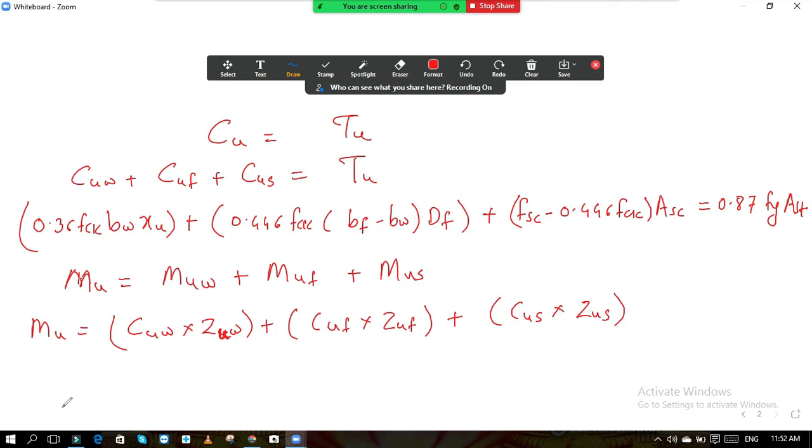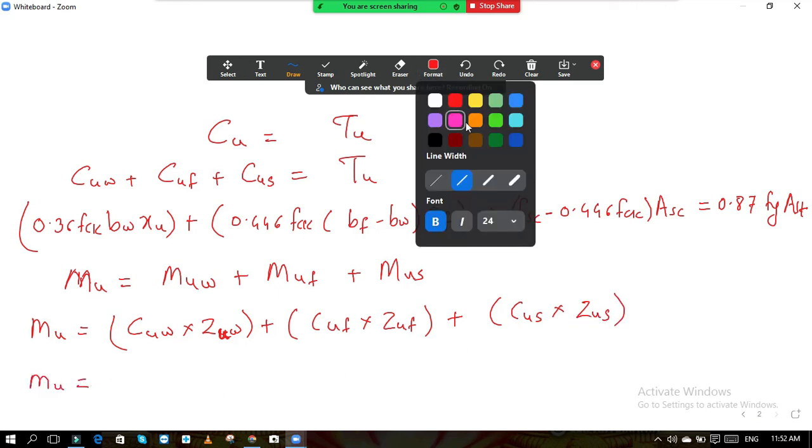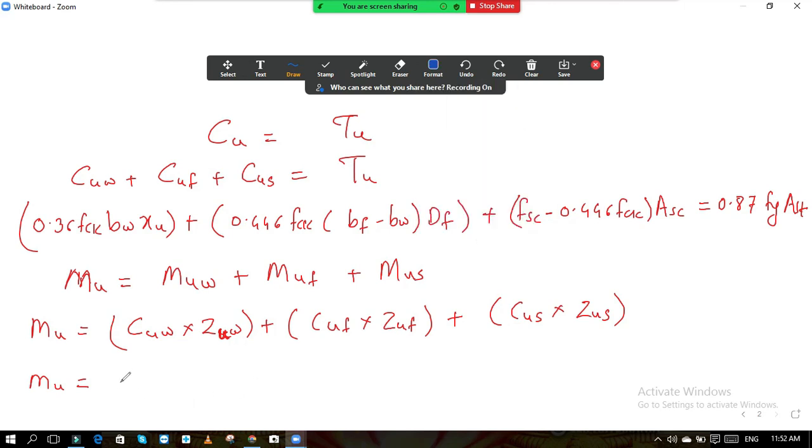Now the formula: MU is equal to 0.36 FCK BW into XU into the lever arm,